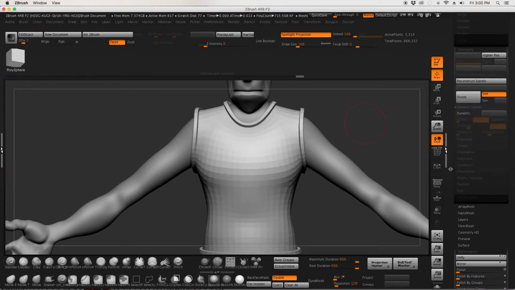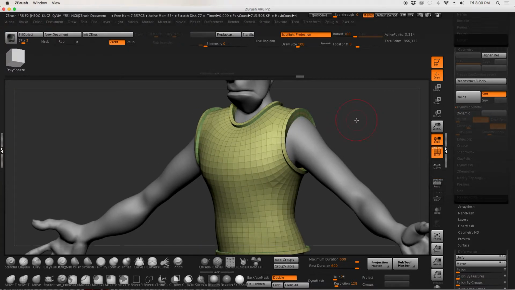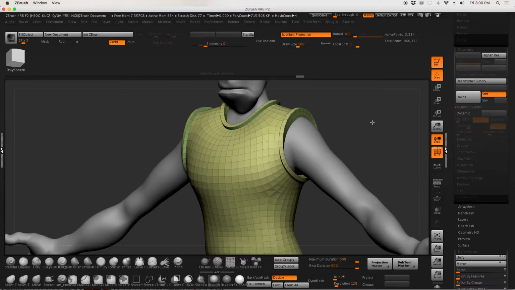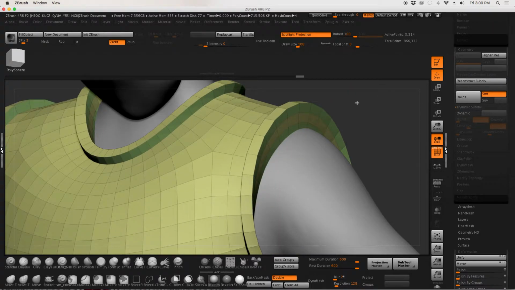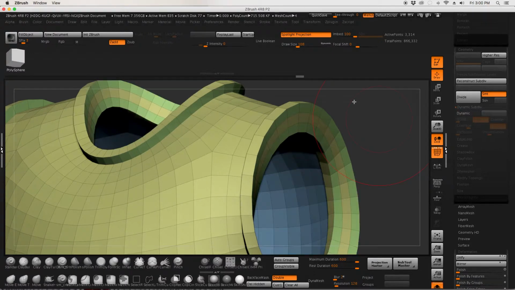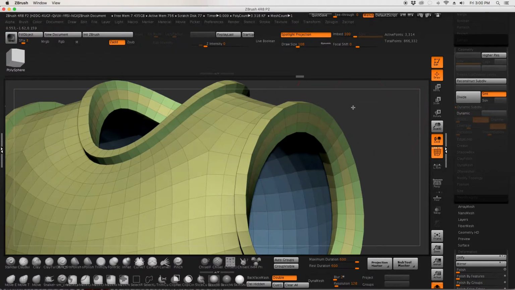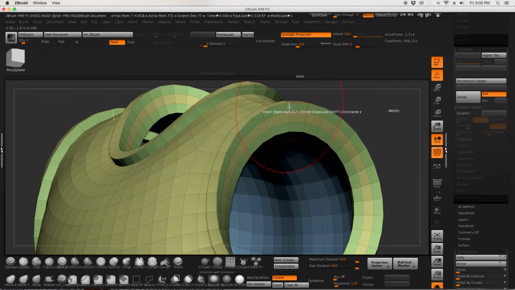And that'll take us out of this. Let's look at our poly frame right here. Another thing that we can do with this is add some holding edges. So again, with our ZModeler brush, let me solo this out here. If I hover over an edge and just click with the ZModeler brush, you can see that I can add a holding edge